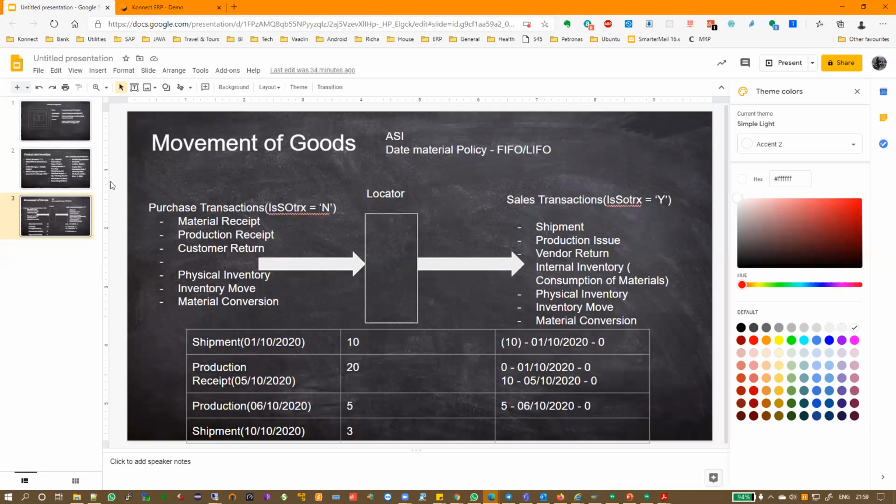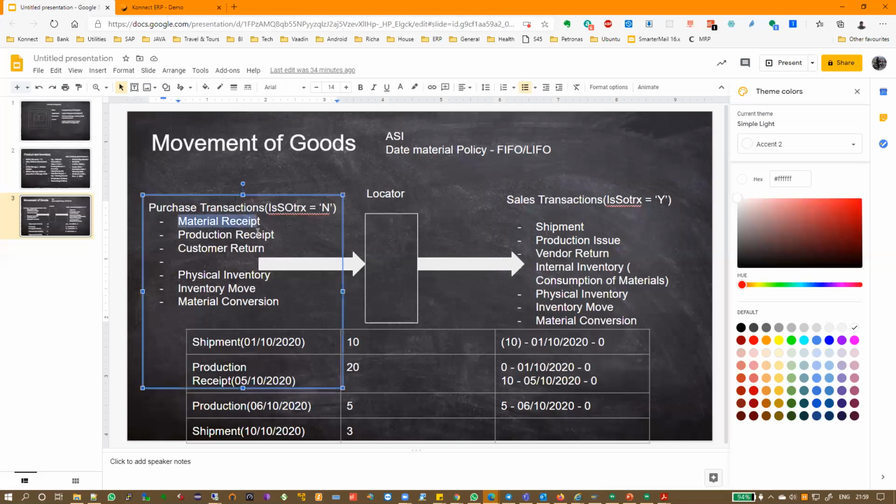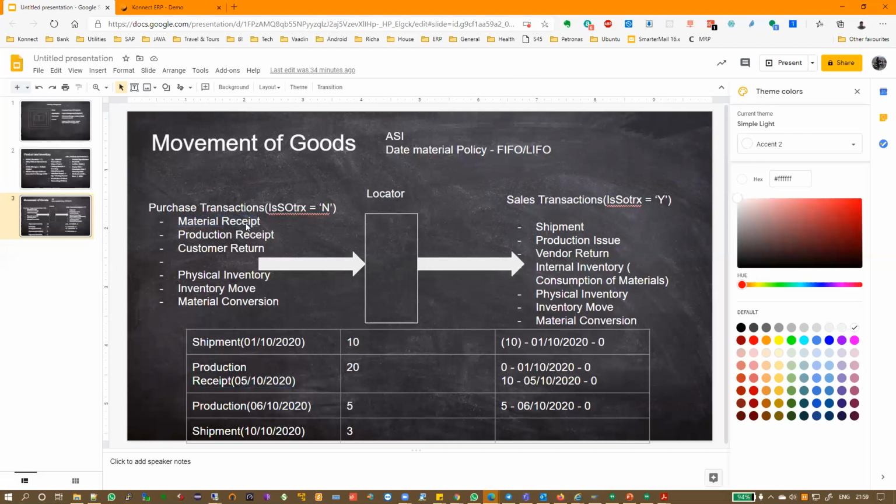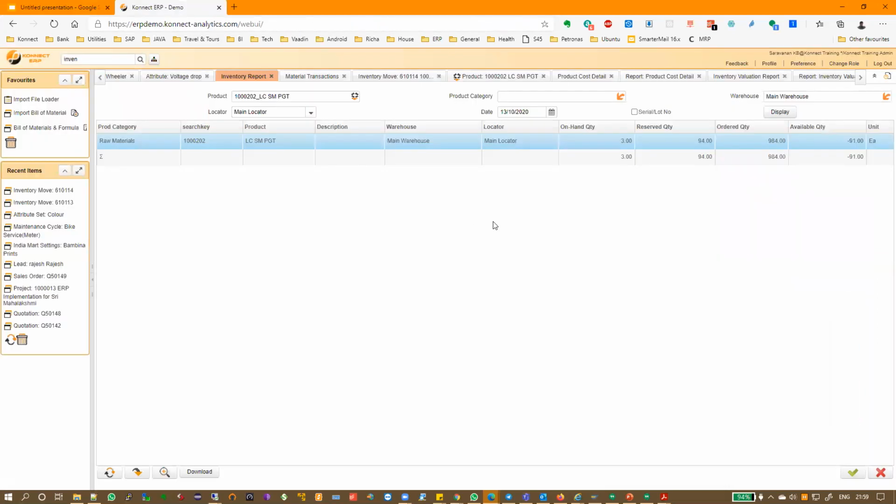Similarly, whenever you create a purchase order, you're telling the system that I have placed a purchase order, so I am going to get a material receipt, right? Until the material receipt happens, how will you know that so much material is supposed to be incoming? You can go to the PO and find out. But otherwise, you can find that in what we call the ordered quantity.